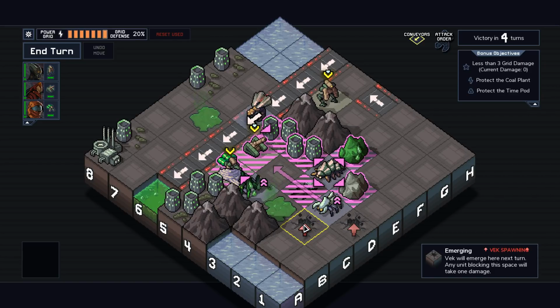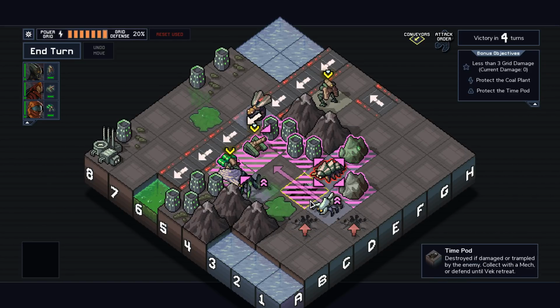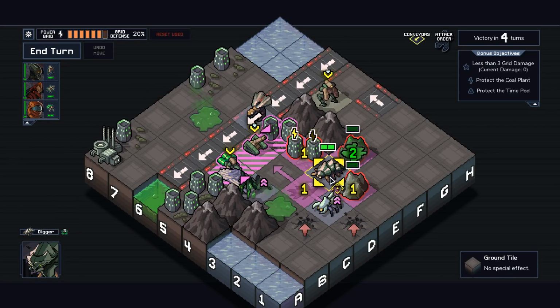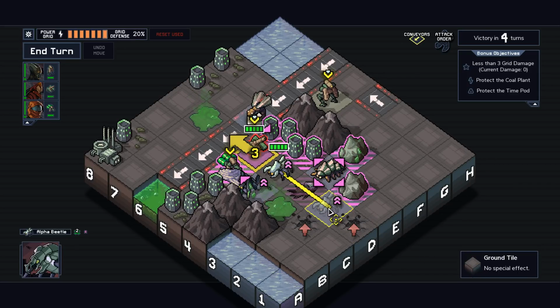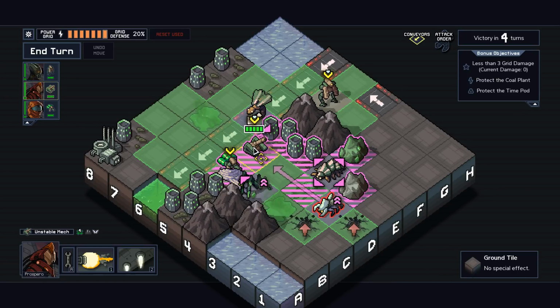So we can move the unstable mech down to here. No, that's not good. It's actually pretty tough to deal with both of these guys in any way other than jumping here. How about if I... You know, I guess we don't actually have to deal with this guy, do we? We just move out of the way. So...